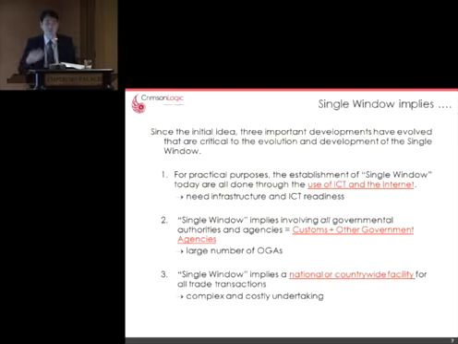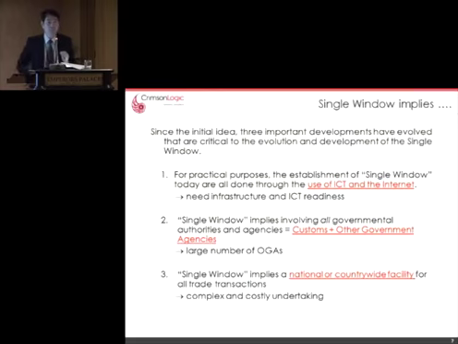Okay, there are a lot of roadblocks, a lot of politicking involved to get all the parties under one umbrella, which is called a single window. The third thing is that a single window implies that this facility will be launched throughout the country. Okay, it involves launching the single window in your road border, your airport, and your seaport, which is not at